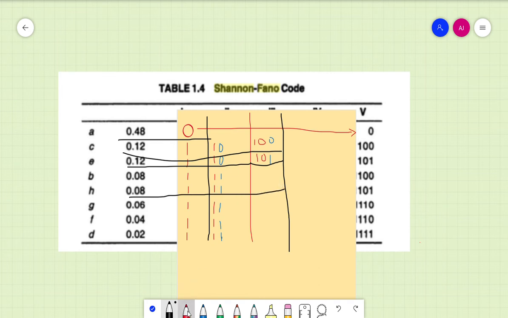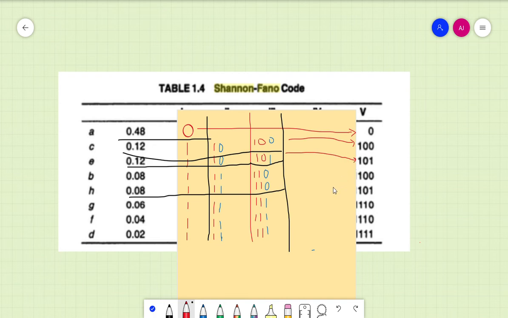Carry forward the previous code first. So I will write all the previous carried-forward code with red, for all the characters. Okay. So now the new code, let's write with blue. The upper part gets 0 and the bottom probabilities get the code 1. Okay. So now we have finished this. There is nothing more to do. So you can directly write the code as this.